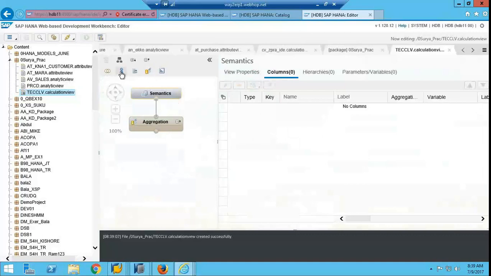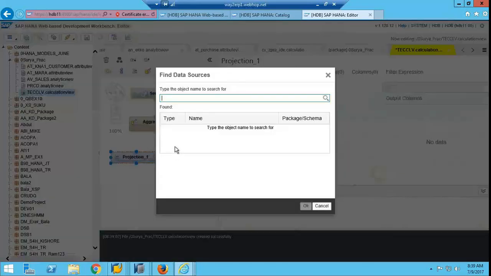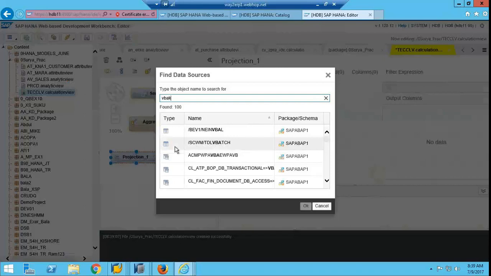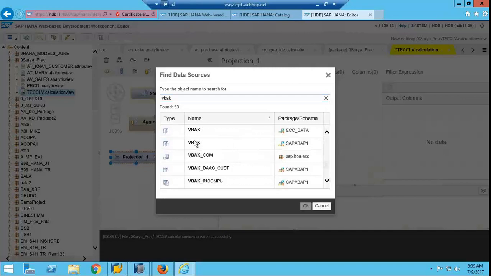Okay, again here you create joins, aggregations, projections. So you can create a projection. In this projection you can add a table. SAP Web Font Schema.